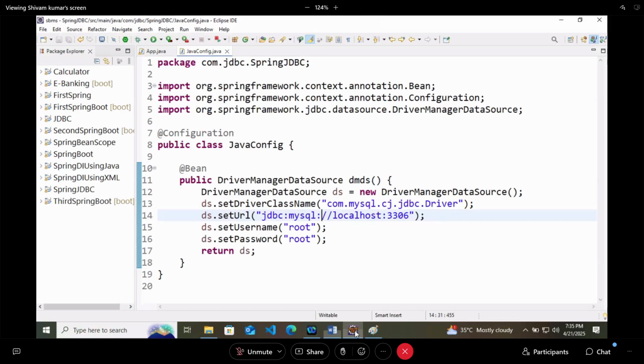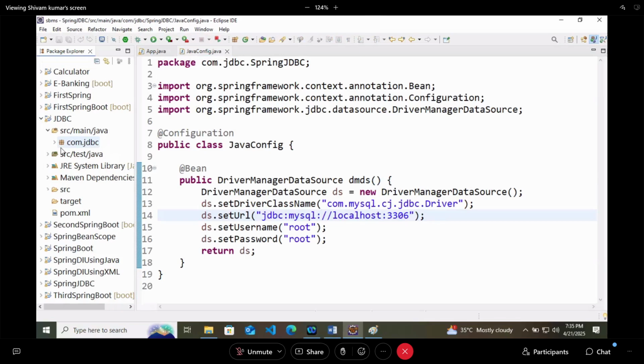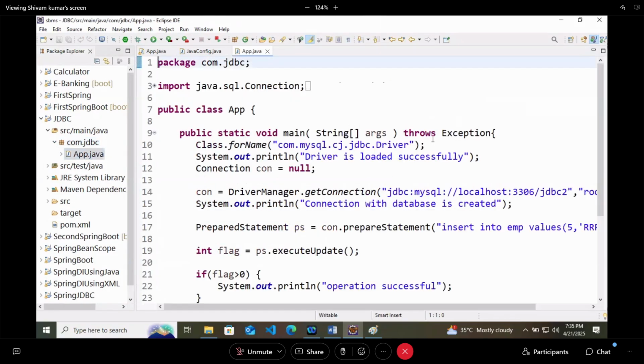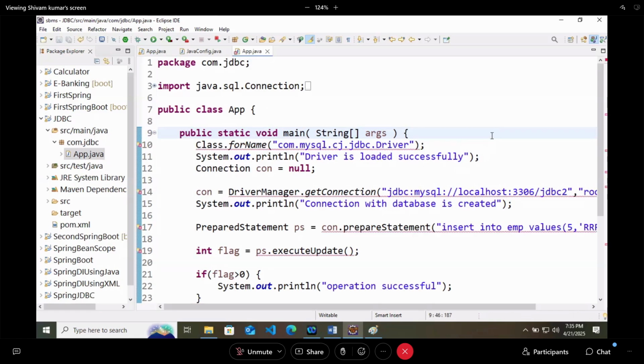If you remember, when we did the JDBC program, in our main method we were handling an exception. Why? It is unnecessary, even though we have to write it, otherwise these things will not work.